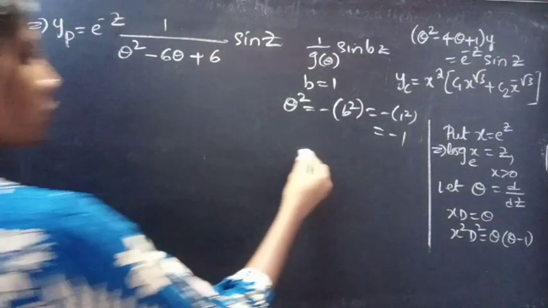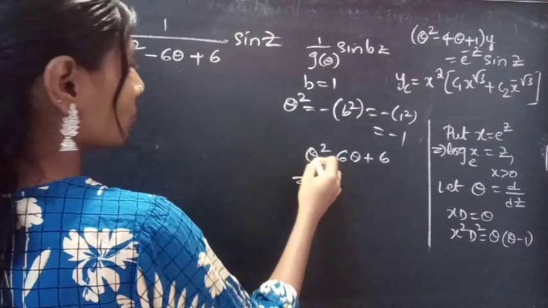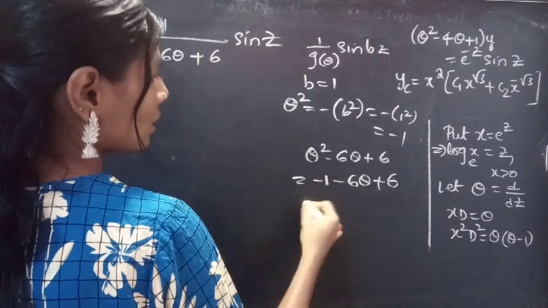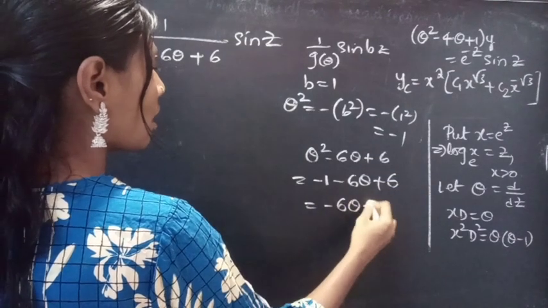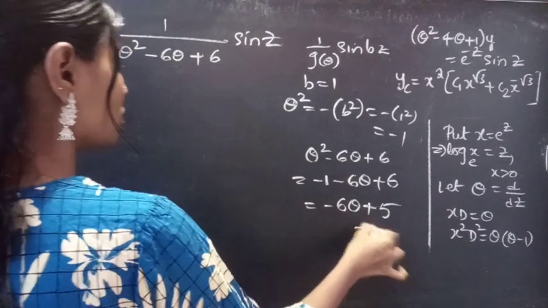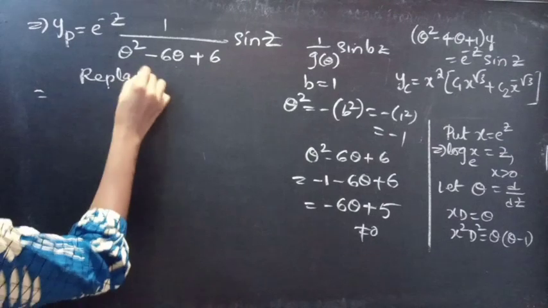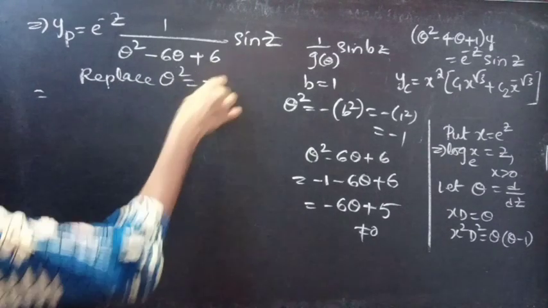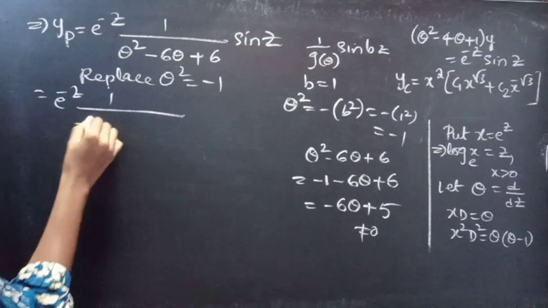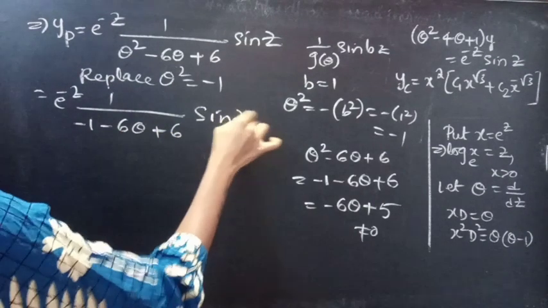Now take the denominator part, theta square minus 6 theta plus 6, and replace theta square by minus 1. We'll get minus 1 minus 6 theta plus 6, which equals minus 6 theta. Minus 1 plus 6 is plus 5, which is a non-zero term, right? Now we can replace theta square by minus 1 in the denominator. We'll get e power minus z into 1 by minus 1 minus 6 theta plus 6 into sine z,